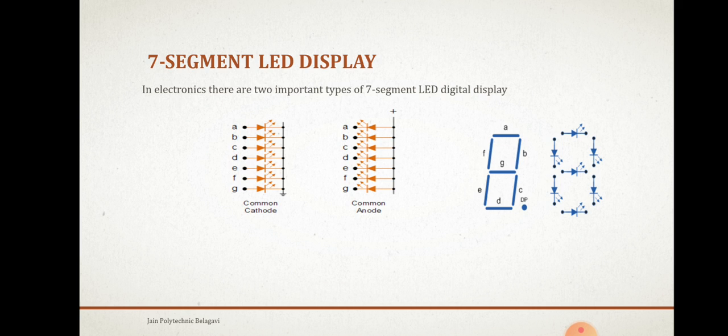There are electrical connections of individual diodes for a common cathode display and a common anode display, and by illuminating each light emitting diode individually, they can be made to display a variety of numbers or characters. The 7 segment display segments are A, B, C, D, E, F, G, and there is a decimal point, that is DP, which should be shown here.